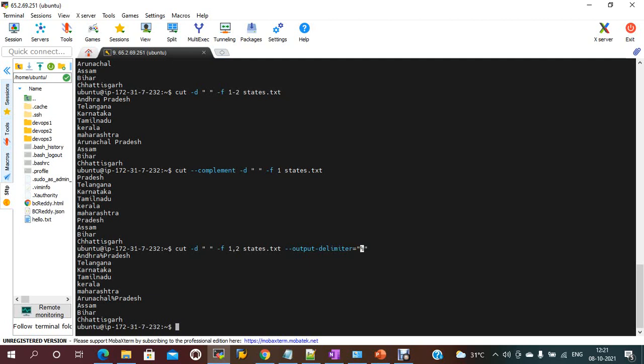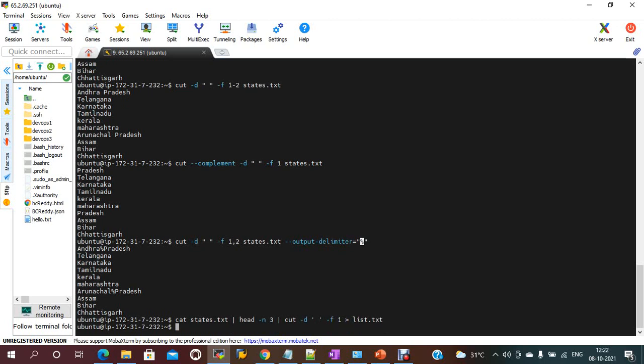Suppose we need to see the first three lines: cat state file, I just need to see the top 3, and I need to cut the delimiter, field 1, and I want to give the output to list.txt. Whatever output we get from the states, we take the first three lines and cut that field, so Andhra, Telangana and so on will be saved into the list.txt file.